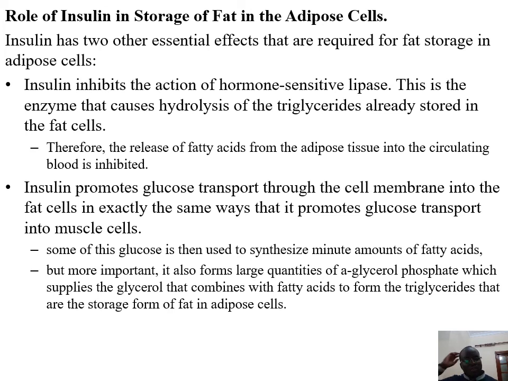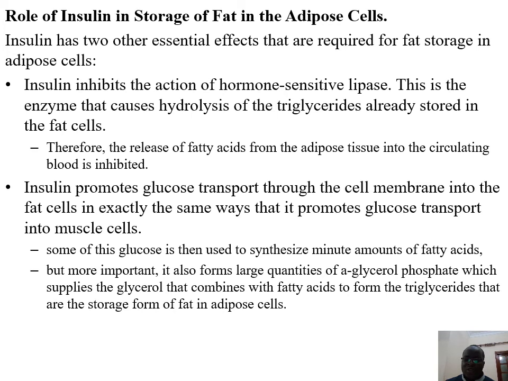So it's still binding to insulin receptors, translocating GLUT4 channels, and then facilitating internalization of glucose into the adipose tissue. Some of this glucose is then used to synthesize minute amounts of fatty acids, but more important,